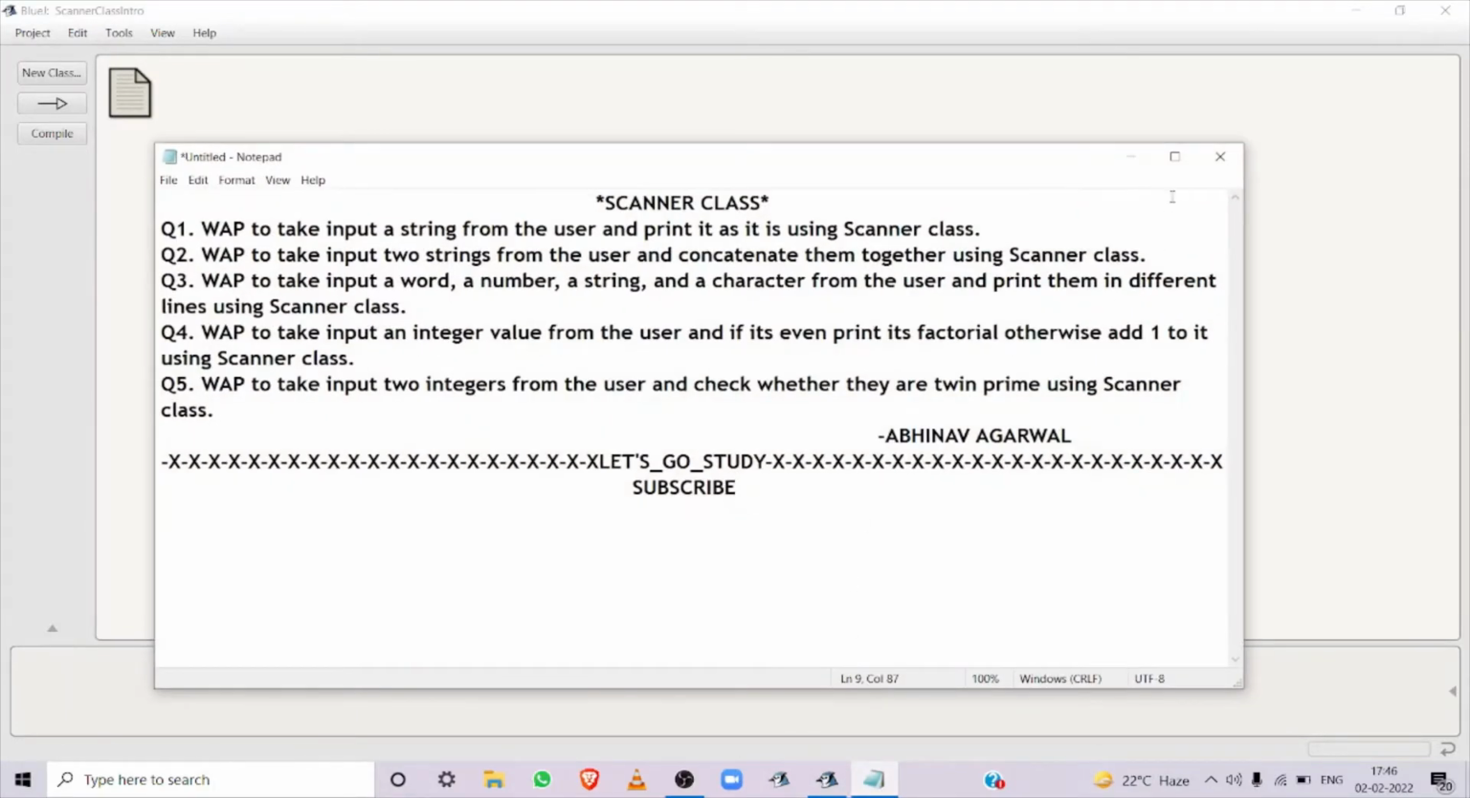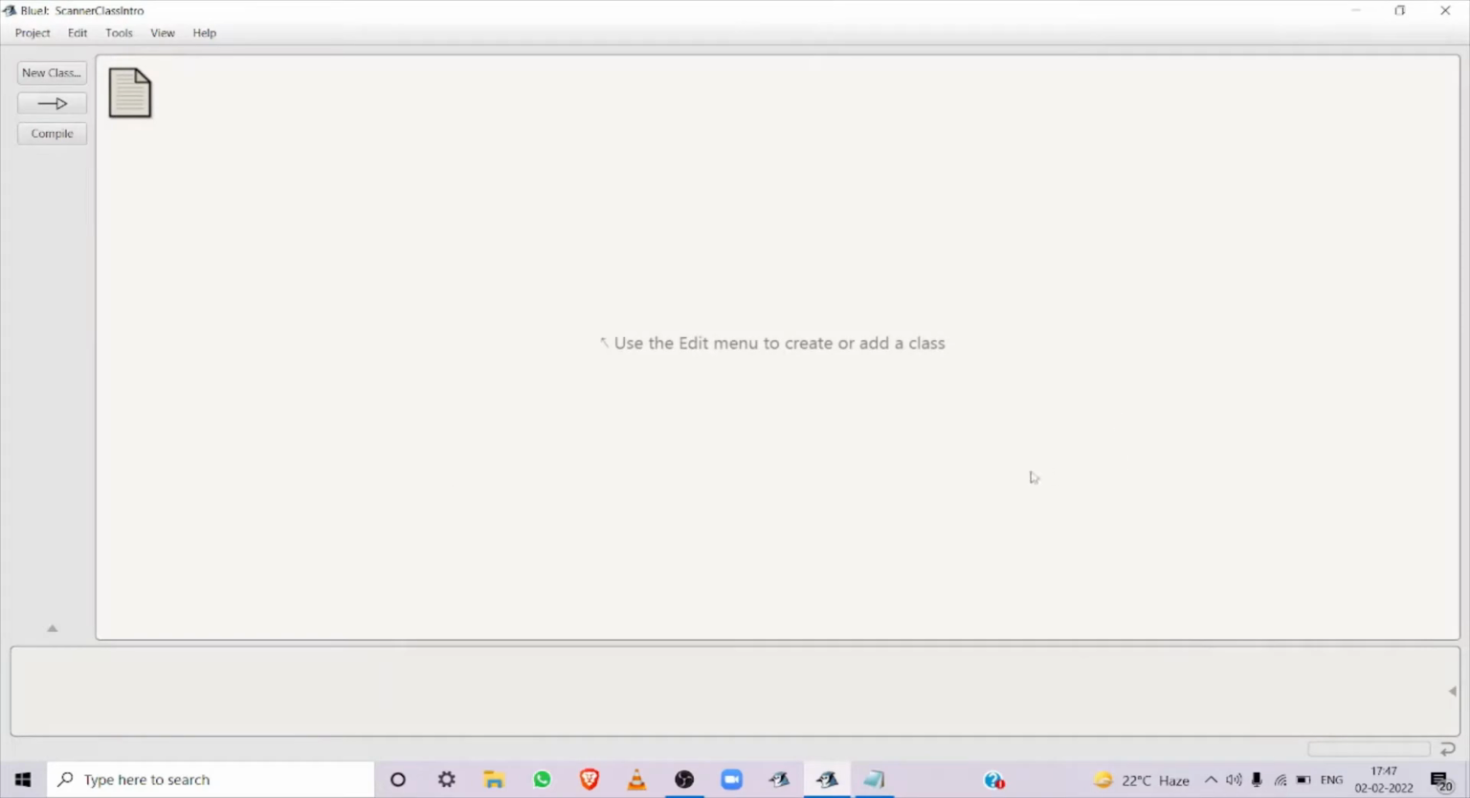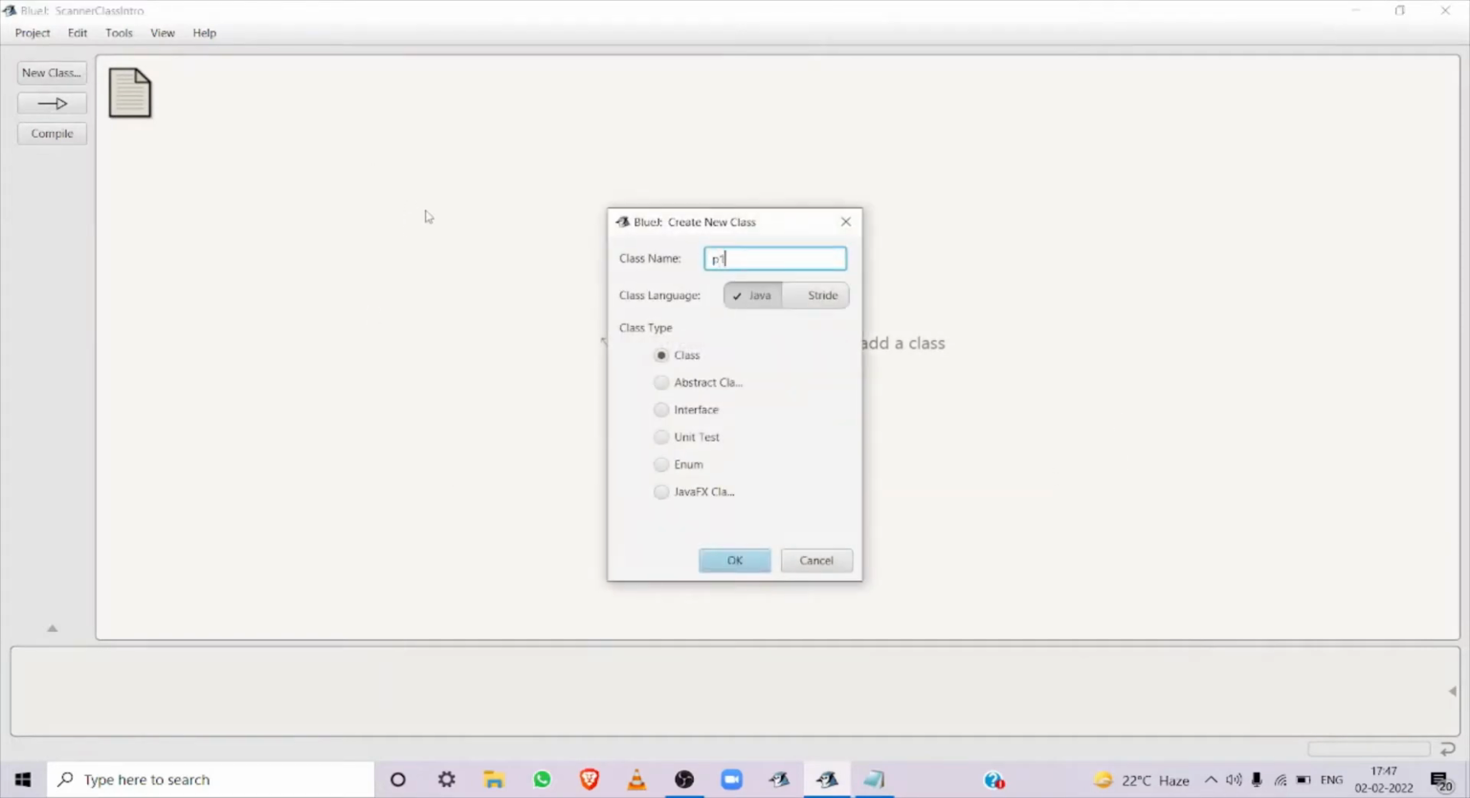First, let us see the questions which I have prepared for the Scanner class. So these are the 5 questions. The first question is: write a program to take input a string from the user and print it as it is using the Scanner class. Scanner class is nothing but a way to take input from the user. Let me show you. Let us make a program P1